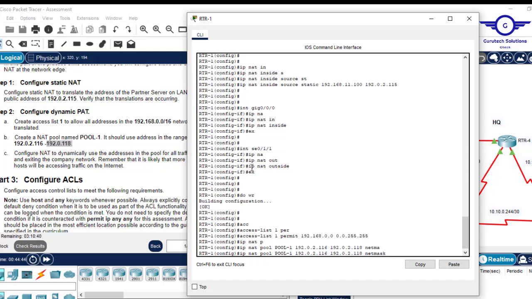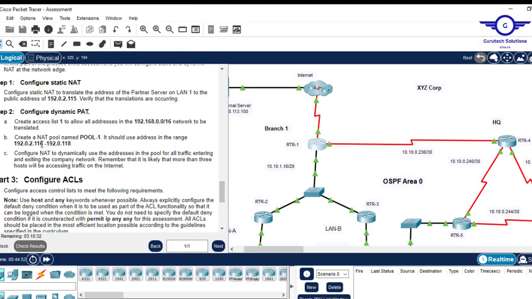So here we need to identify the net mask. As you can see, we'll only need how many addresses? Public addresses 3, which is 116, 117 and 118. So the subnet mask will be a subnet mask that can contain 3 hosts. For example,